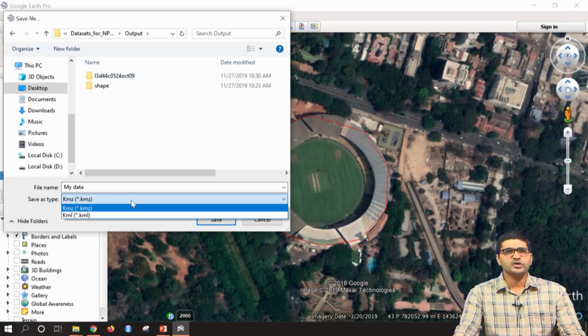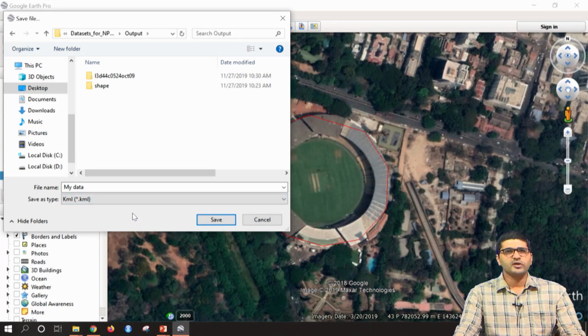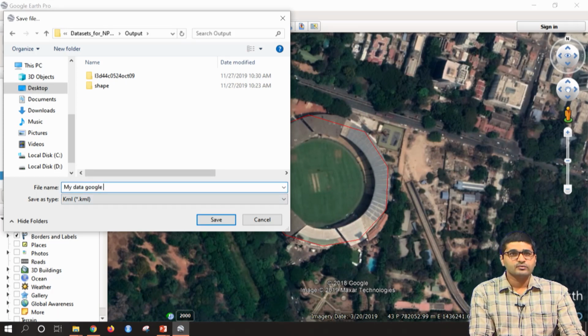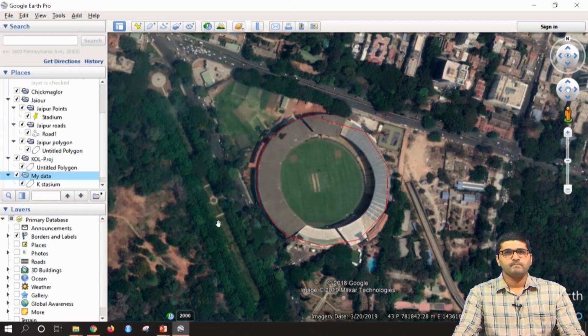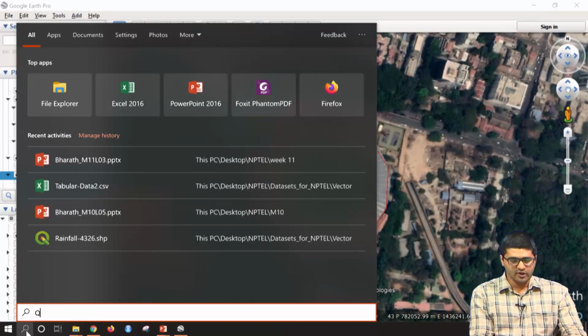Instead of KMZ, you need to select KML so that we can bring it into the QGIS platform. My data, Google Earth, I will rename it. So now the data is saved in KML format in the folder. Now we'll open QGIS and bring the data sets into QGIS, and we will try to view them there.